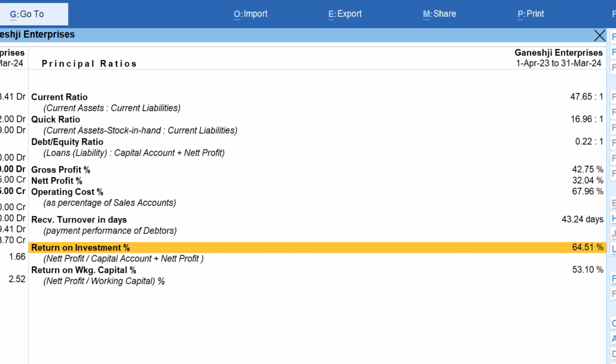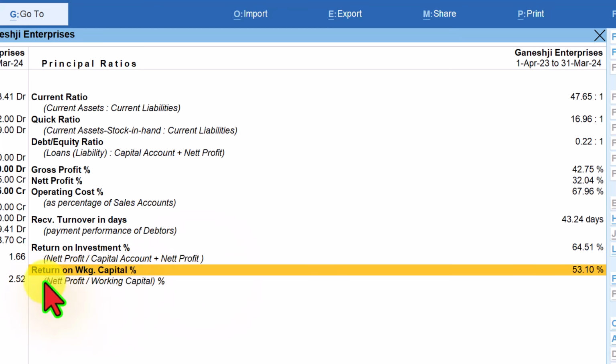The next one is return on investment. So what is the return the company is getting on investment? So how do we calculate that? Again, it says the net profit the company earned during the year divided by capital plus the net profit. And quickly again, the next one, it says return on working capital. So again, it is the same formula. Take the net profit that is earned during the year, divide by the working capital. The return is now